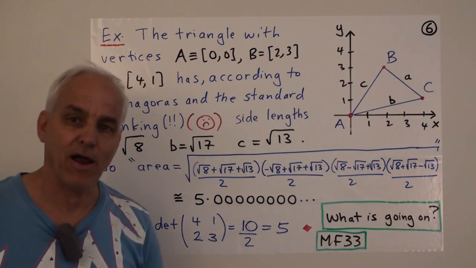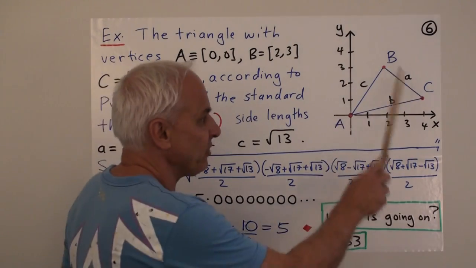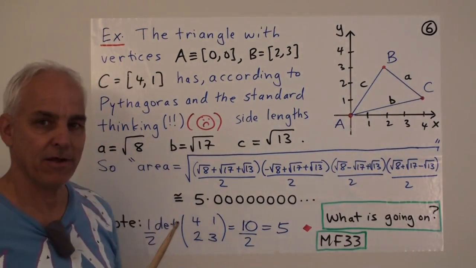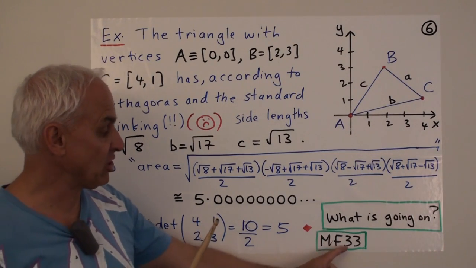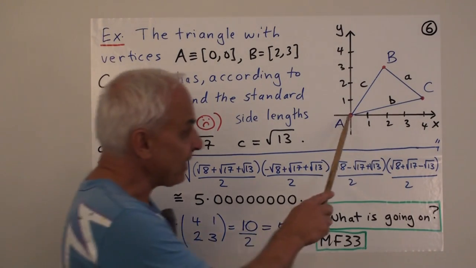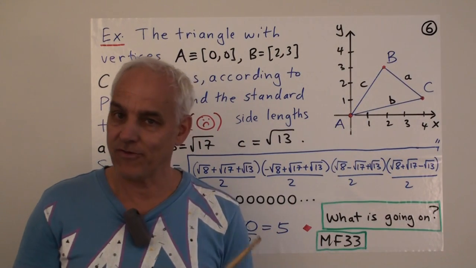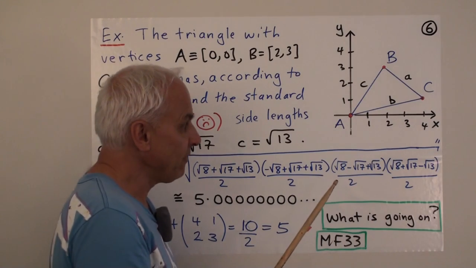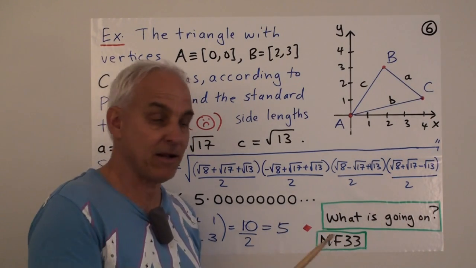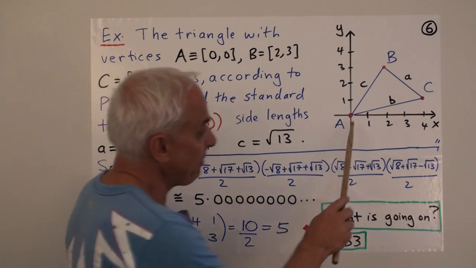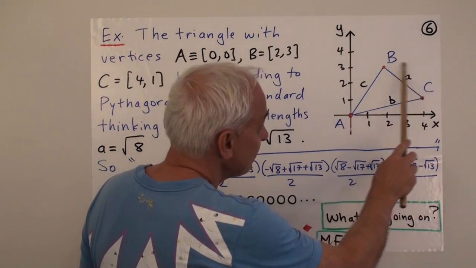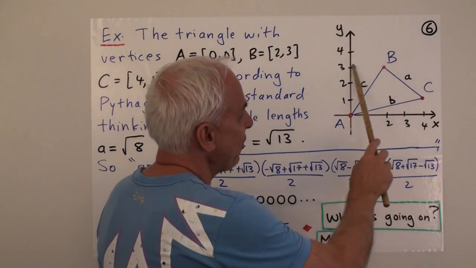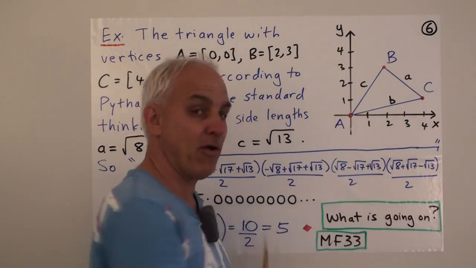Well, it's not really a surprise when we look at it from the point of view of the geometry of the original question. Because remember, when we were talking about the area back in Math Foundations 33, we discussed exactly what the area of a triangle like this should be and how we should compute it. And we found that we could view that completely arithmetically and rationally. For example, we could think about a rectangle that encloses the triangle, and we could compute the area of that rectangle, say that would be 4 times 3, that'd be 12.